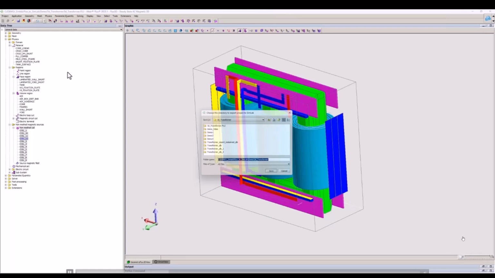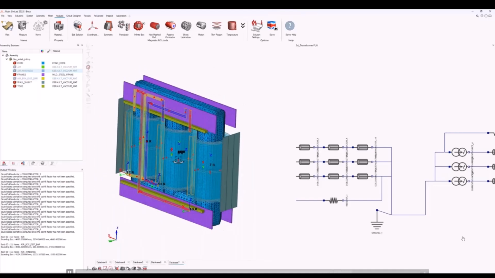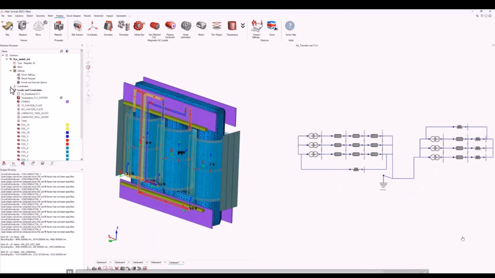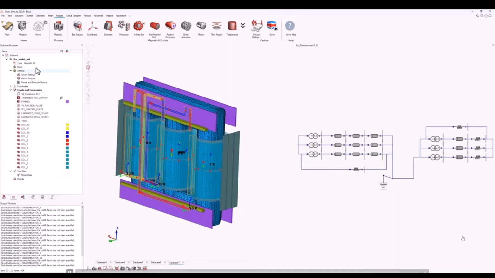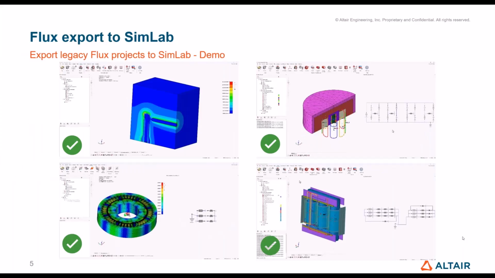And this time it's going to create our transient AC solution in SimLab, containing the whole circuit as well to supply the transformer, as well as all the non-mesh coils that we had and all the particular materials and particular, let's say, region definitions, or boundary conditions if you want, directly from the Flux model. So you can see through these examples, we can switch from one to the other in these particular